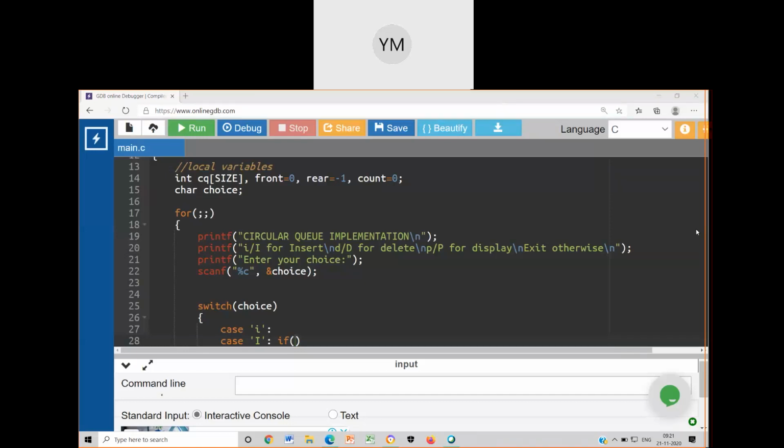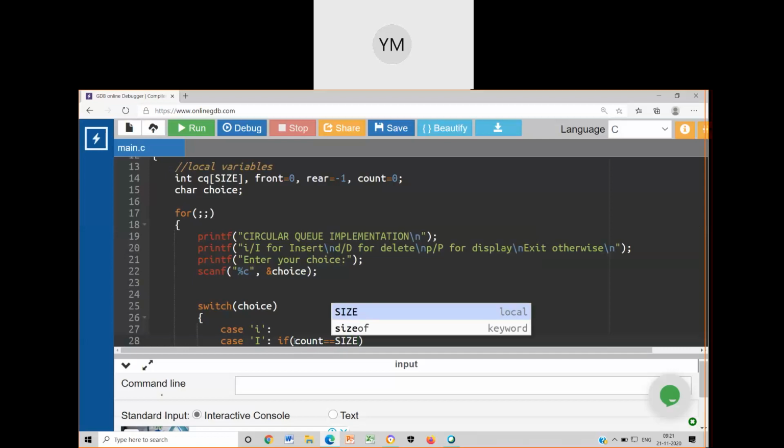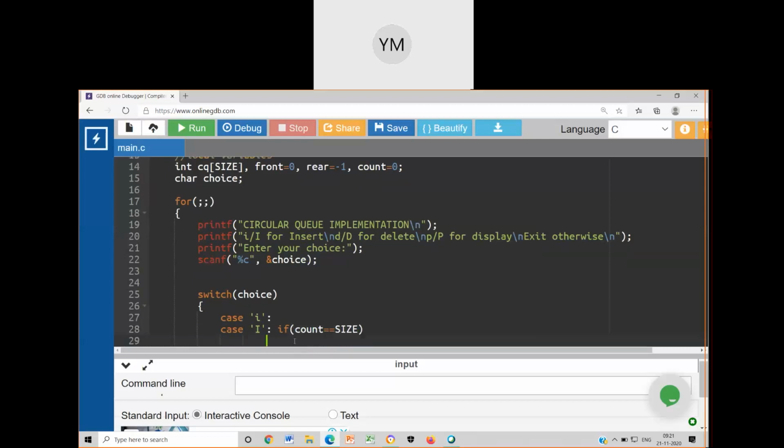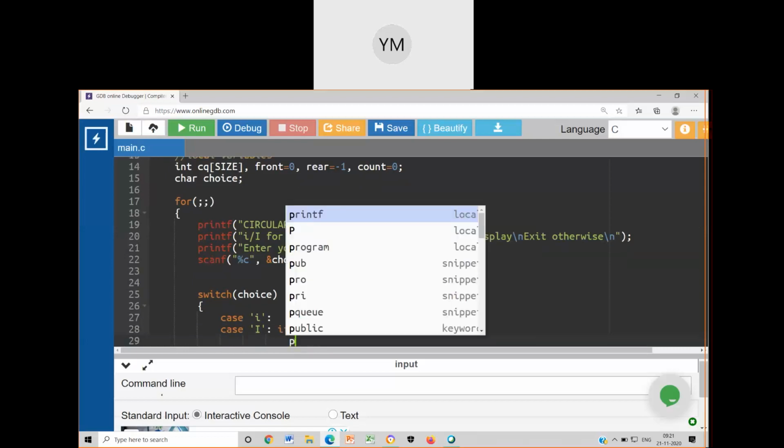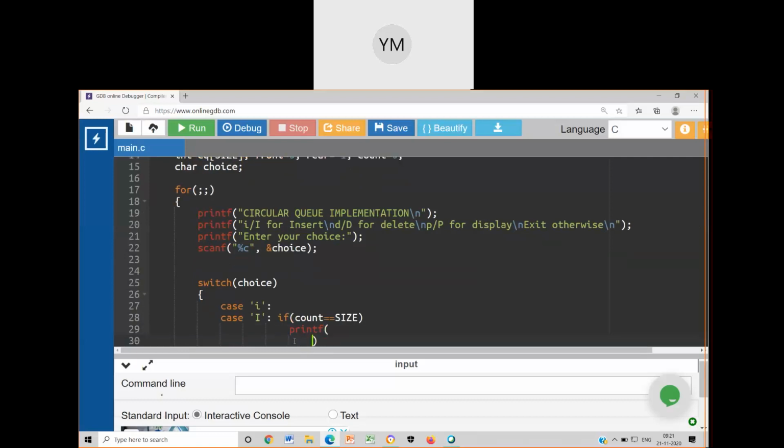You're right, Aditi. Let me write if count equal to size. Then what is the meaning of it? Printf circular queue is overflowing. Can't insert.